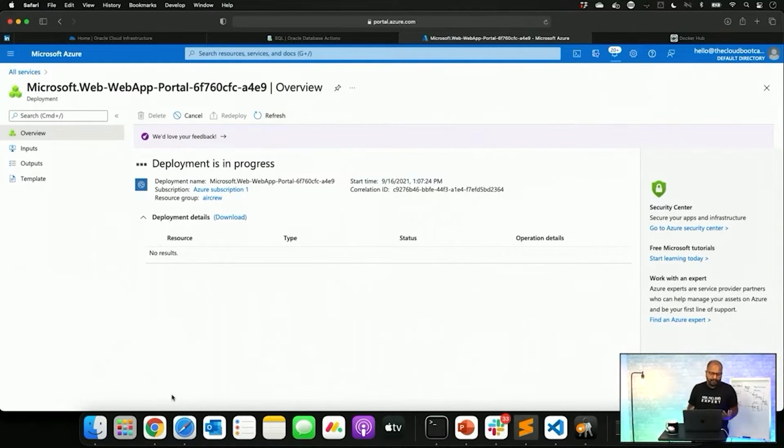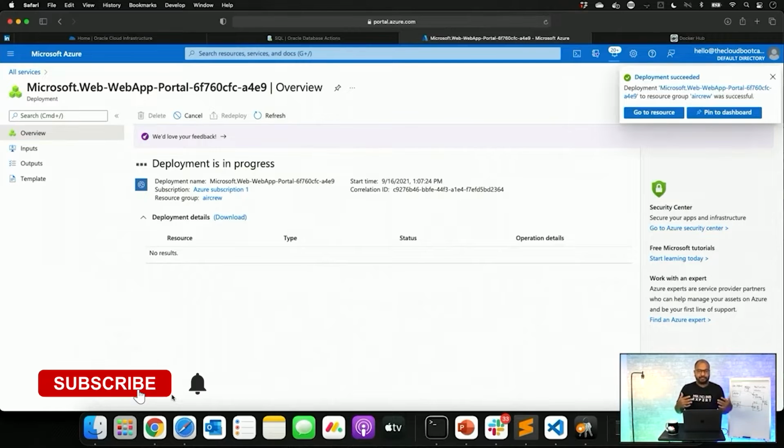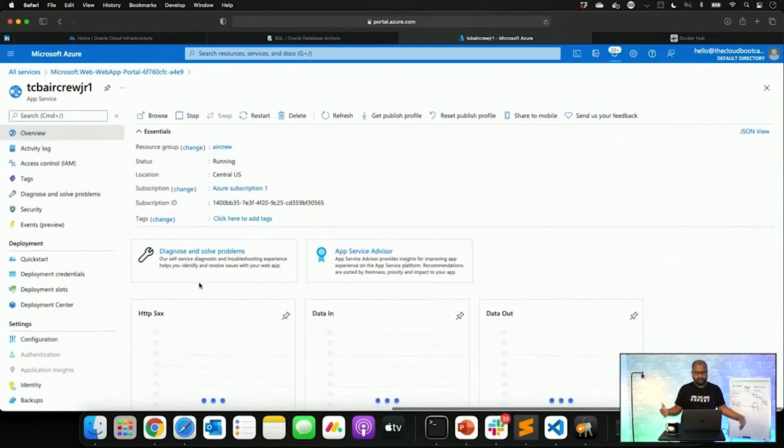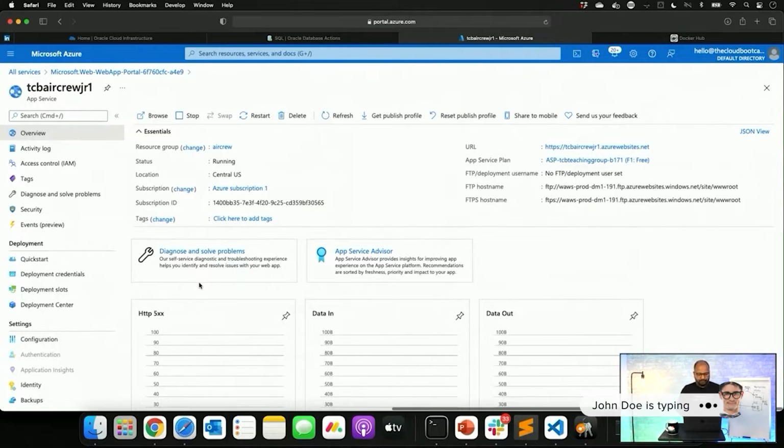So right now, what Azure is doing is creating a new instance of Azure App Service for us. It's going to Docker Hub, getting the Docker image that we pushed, and then using that image to provision the service for us. So if you go to resource now, once your deploy is completed,